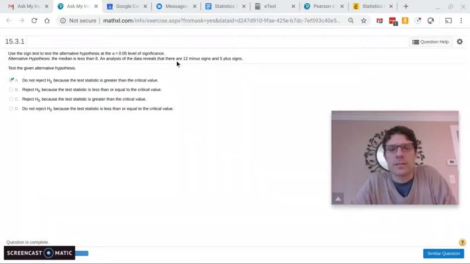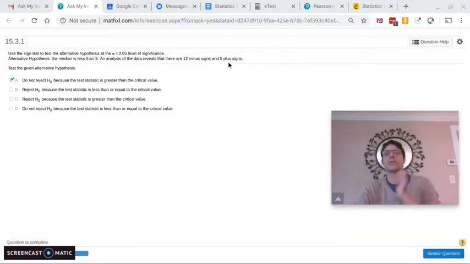That's the null hypothesis. But when we looked at our data, we see there's 12 minus signs, 12 data points less than 8, and 5 greater than 8. So we want to test this hypothesis at the 5% level of significance. Basically, we figure out what our n is. Just like with the runs test, there's a small case and a large case. So here, if there's 12 minus signs and 5 plus signs, there should be 17 points